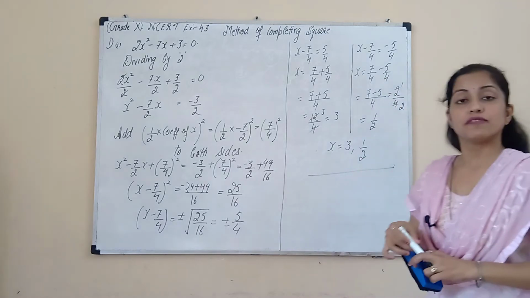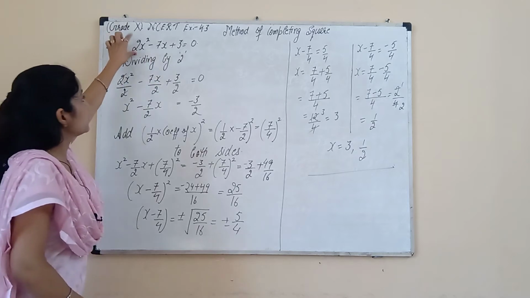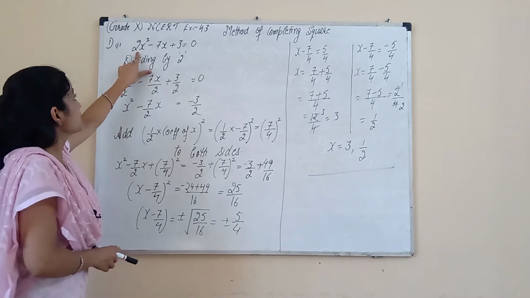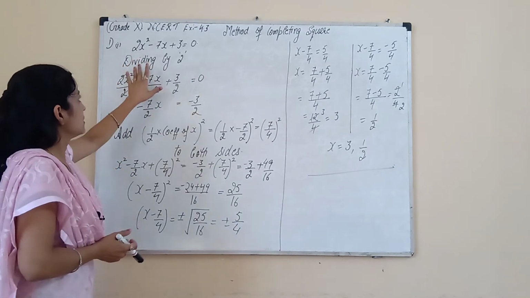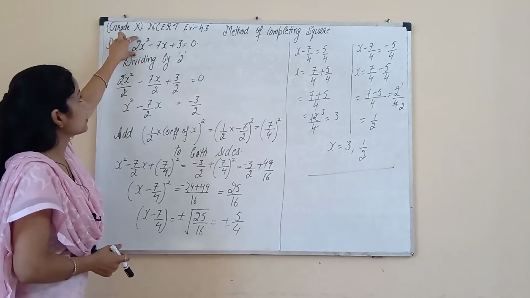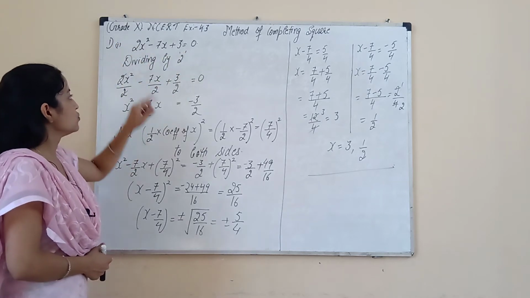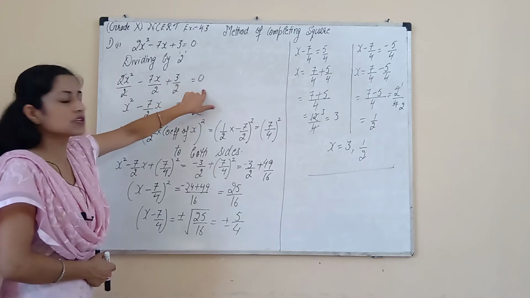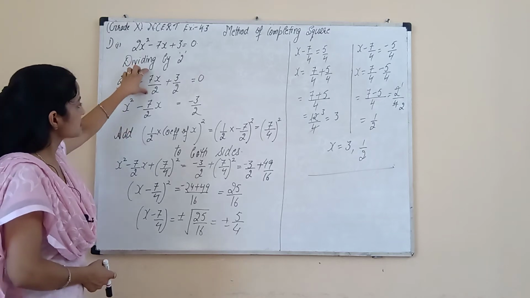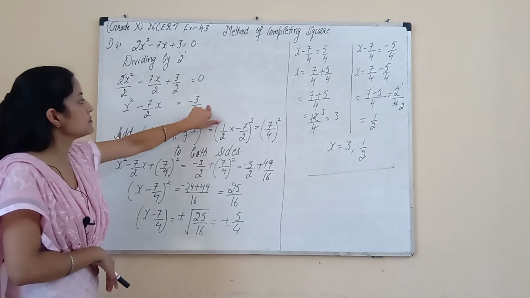So this is the method of completing the square. Let us recapitulate it. First of all, our first step is to check the coefficient of x square. Whatever number it is, 2, 3, 4, 5, any number, divide by that number. So divide this equation by 2, because here we have 2 with x square. On the right hand side also, when we divide 0 by 2, that is 0. 2 and 2 cancel, it becomes x square minus 7/2 into x. 3/2 is positive on the left hand side. On the right hand side it becomes negative.